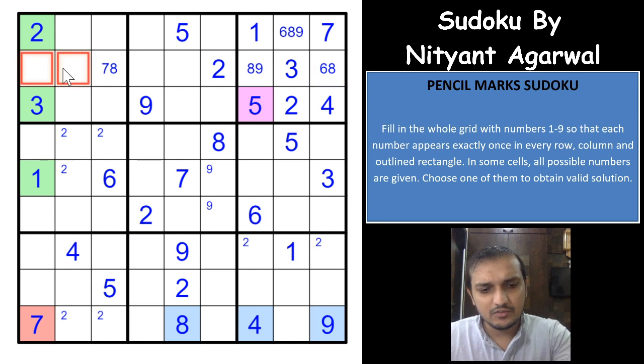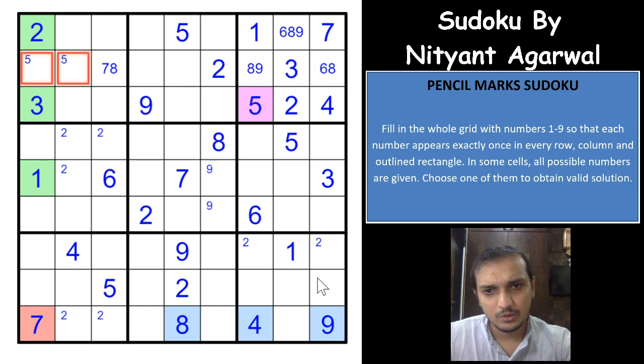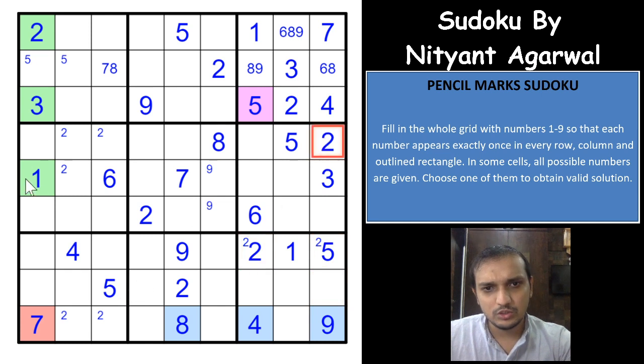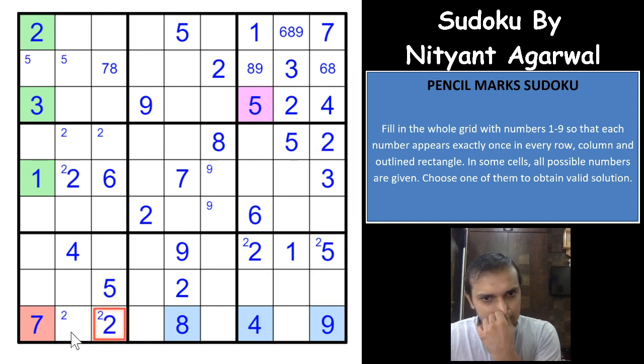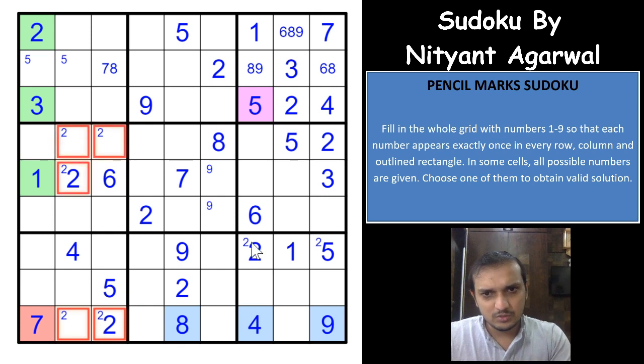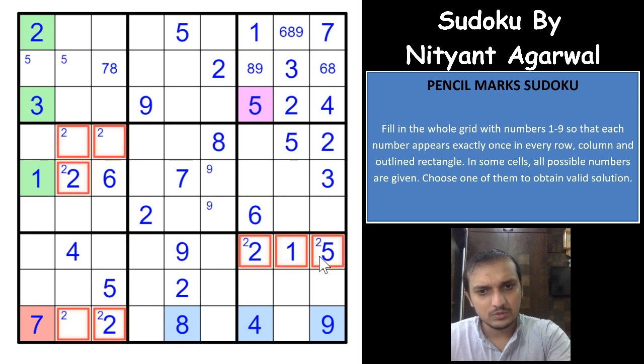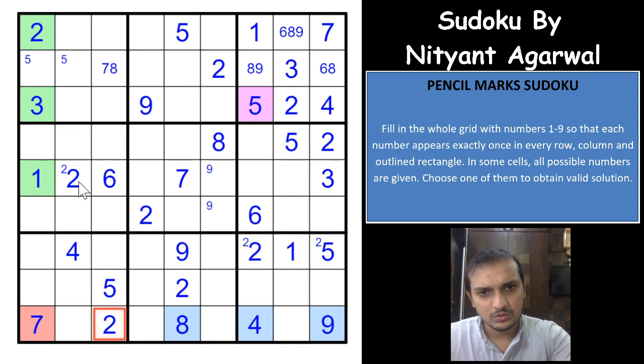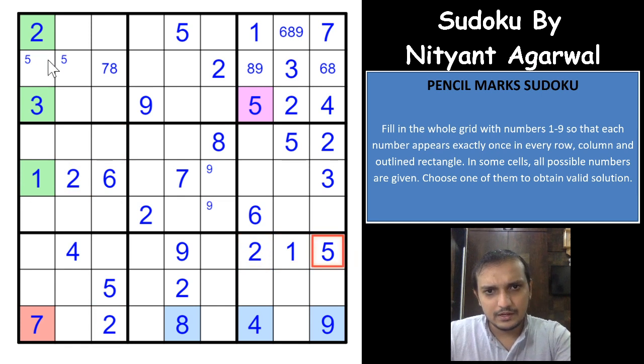You have a 5 here in one of these 2 cells. I'll have a corner pencil mark of 5. A 5 would have to be here, that gives you a 2 here, right? That gives you a 2 here, a 2 here, and a 2 here, right? So we can remove all the pencil marks of 2 here. Okay, and we have written all the 2's. Now coming on to the other candidates, let's see what else we can place.